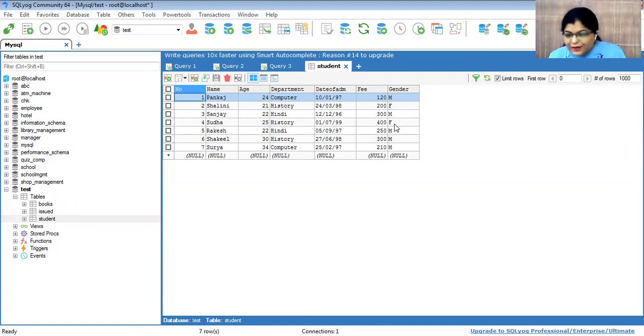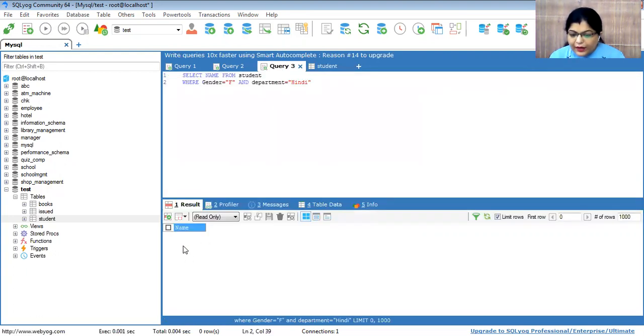See here, this is a female, and this is of history. This is a female, this is of history. It means there is no female of Hindi class. So the answer here is null.